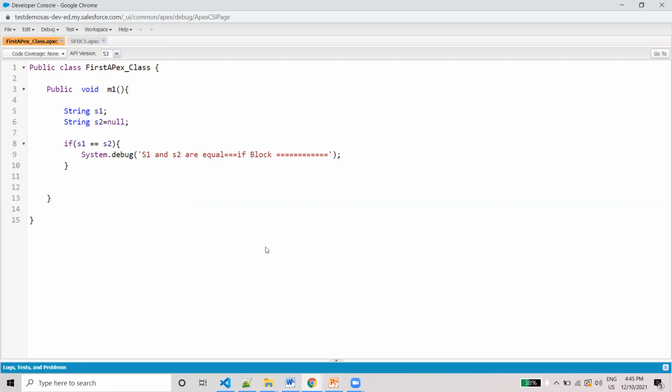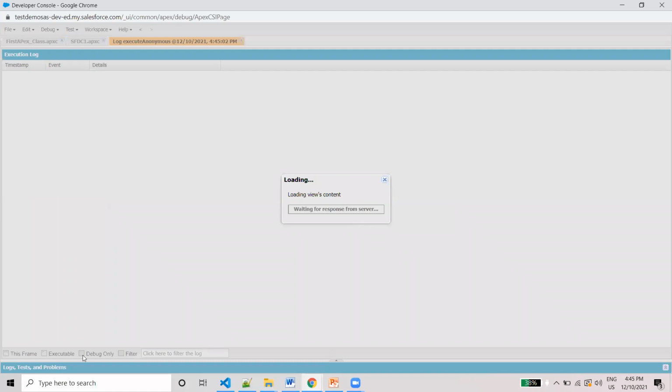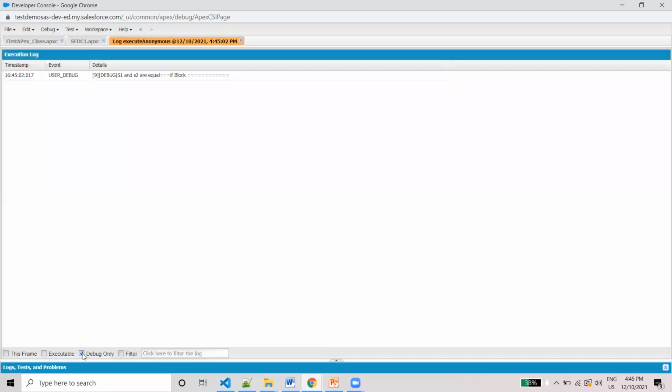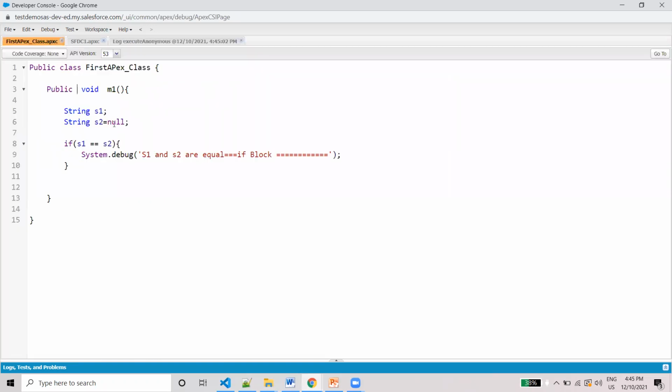Execute now. Now we can see s1 and s2 are equal, so it's showing correct. Here also is a null value, here also is a null value. But if we use the equals functionality, we'll see what happens.